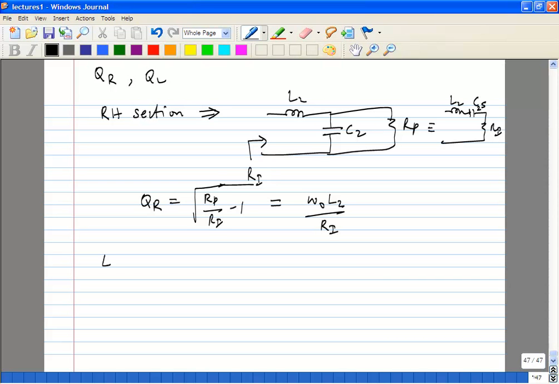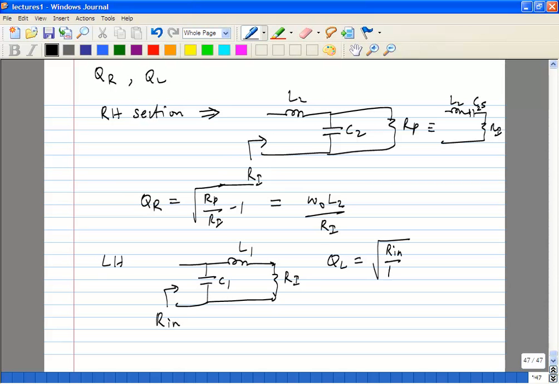So now we are also going to look at the left hand section, right? So if you look at the left hand section, so you have L1, C1, and you have Ri here, right? So remember, at resonance, you can replace the right hand section just by Ri. Is that clear? So if you look at the left hand section, you have C1, L1, and then Ri. Okay? So now you can define a Q left, which is